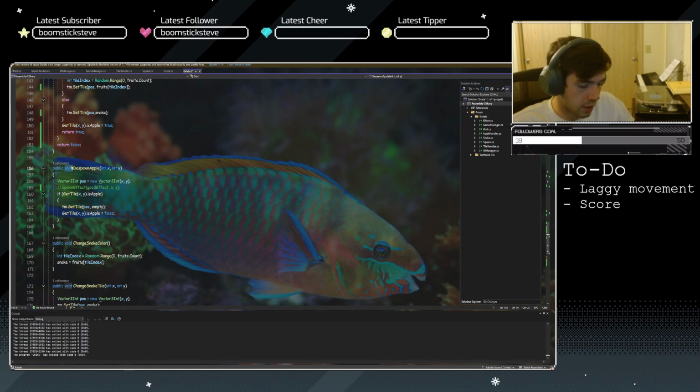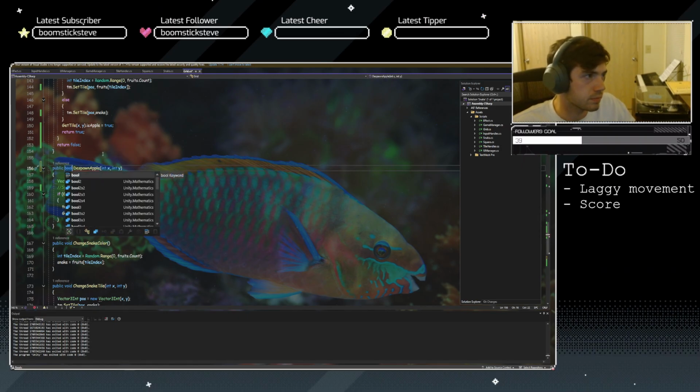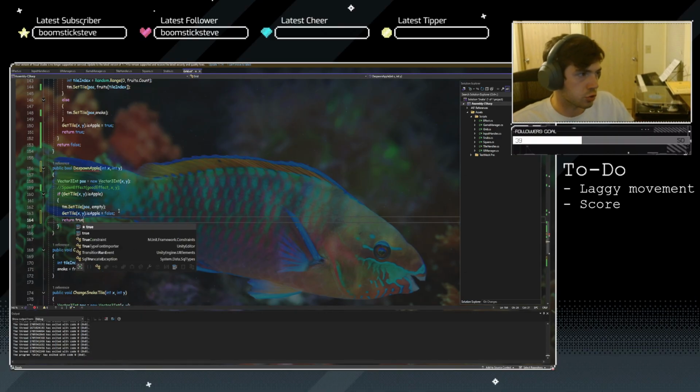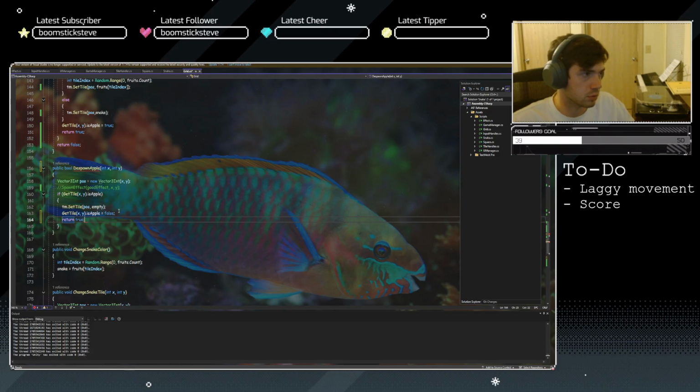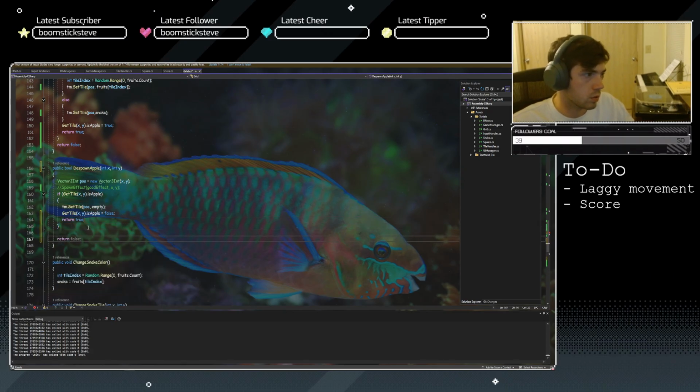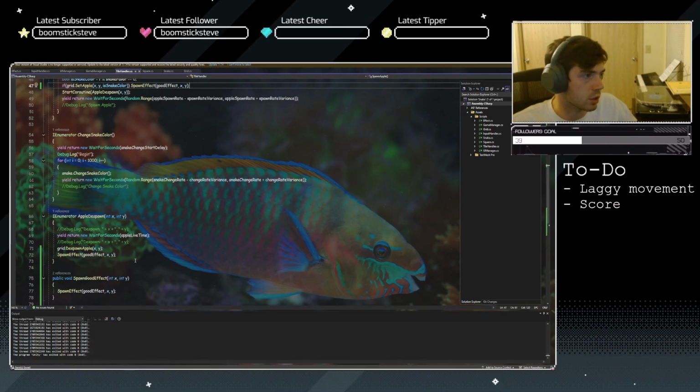So let's do a boolean here, and then return true if it's an apple. Otherwise, return false. Then in the tile handler, we can go ahead and do